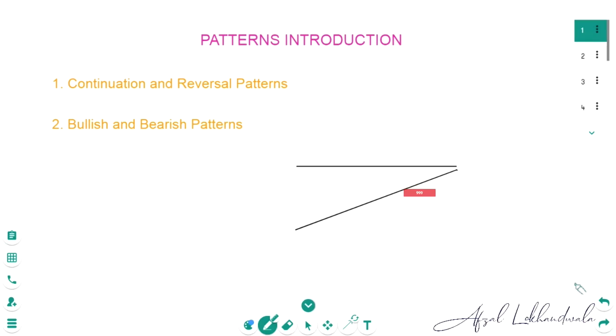Now if you look at the charts, if you look at the movement of price, it moves in a certain typical structure. If you carefully note the structure of its movement using the swing highs and the swing lows, you will find that the structure gets repeated over and over again. What I mean to say is the way in which price moves, the way in which the price behaves, it gets repeated again and again. So we have noted these movements, these structures which are often repeated, and we call these structures patterns.